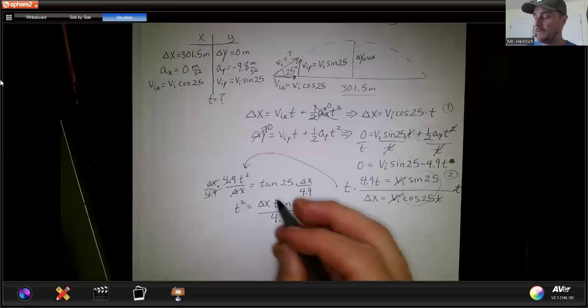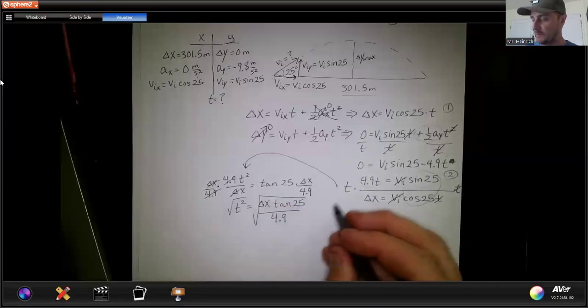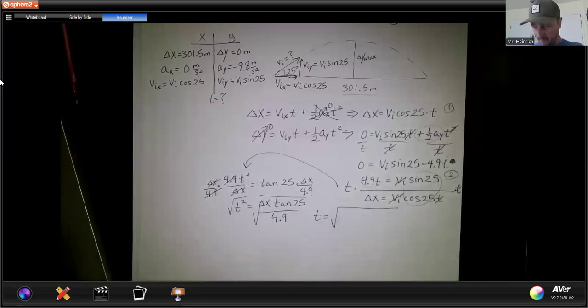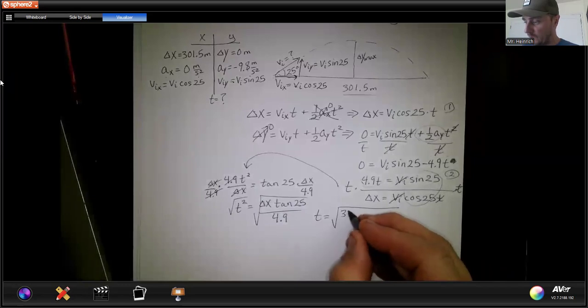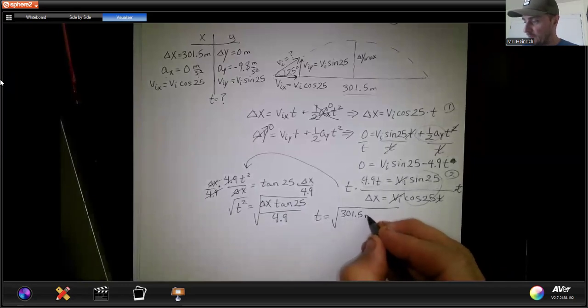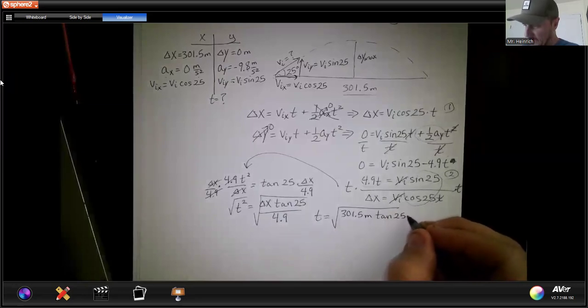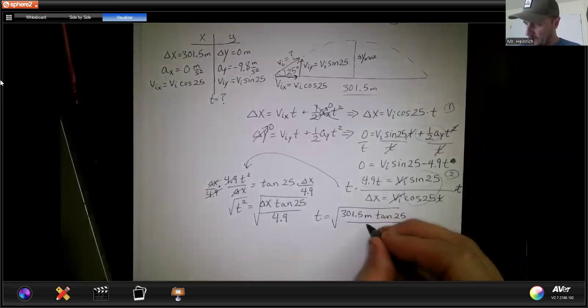Right? Okay. Now I'm going to take the square root of both sides. So t will equal the square root of, now we'll plug in our information, 301.5 meters times the tangent of 25 all over 4.9